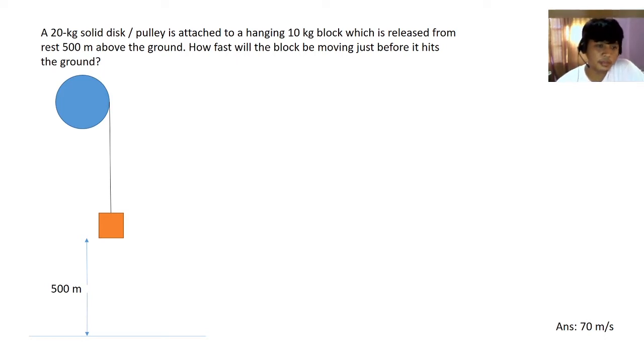So there are many ways to solve this problem, but today we are going to solve this using conservation of mechanical energy. What we are going to do is investigate each important object in this system, figure out what their energies are, and what happens to their energies after some time. So the first thing we need to do is figure out what the important objects in our system are. I have written here that our system should consist of the pulley, or the solid disk, the box,